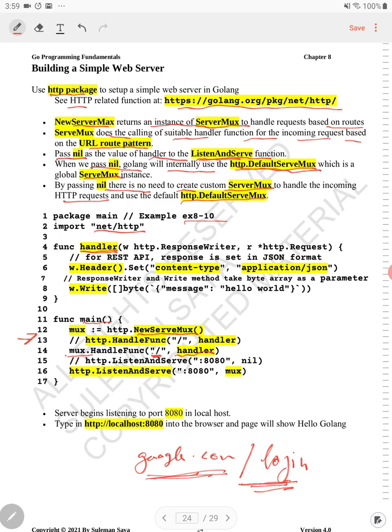And as you can see in this handler function, it is taking two parameters, response writer and HTTP request, which are used within the body of this handler. Now, we're going to go over this handler in a second, but once we have this handler, then